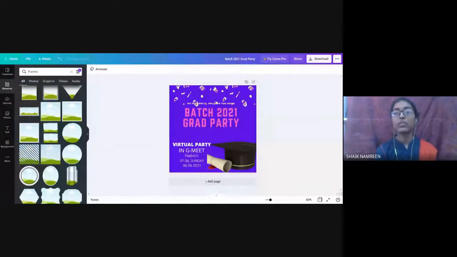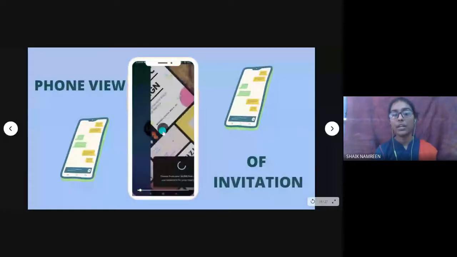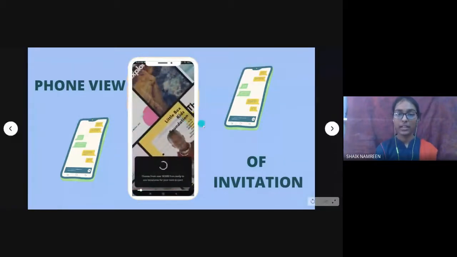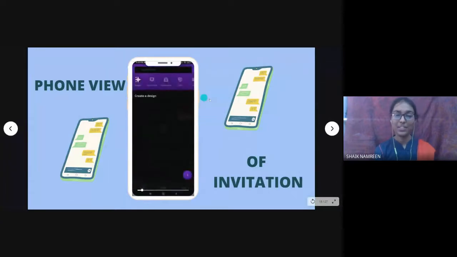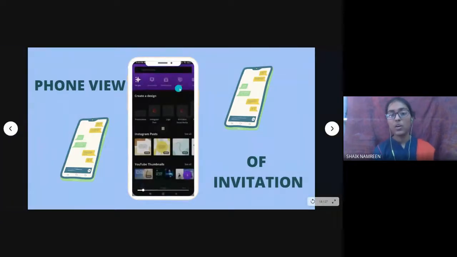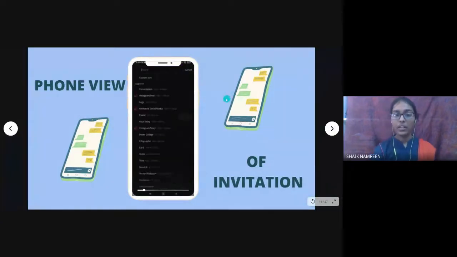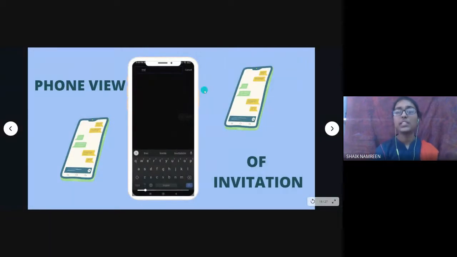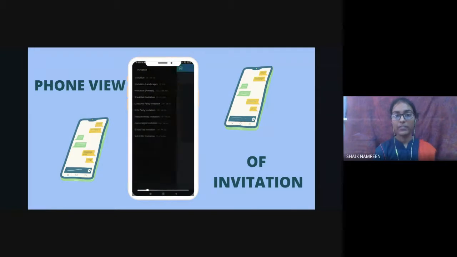Moving to another topic, I'll show you how the phone view of the invitation looks like. So you can see this video and know about how the phone view is. While launching Canva, you can always see this. This is the home page of Canva. The similar steps: going to the search bar, click on invitation.